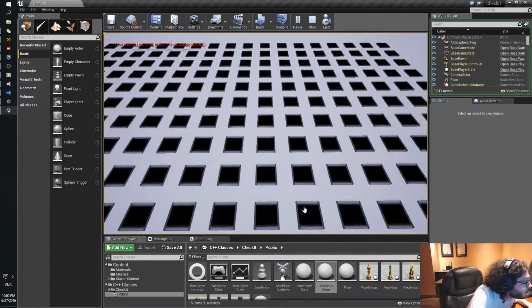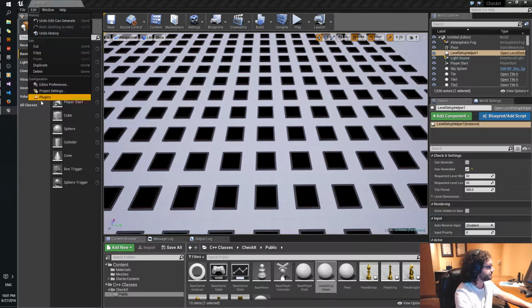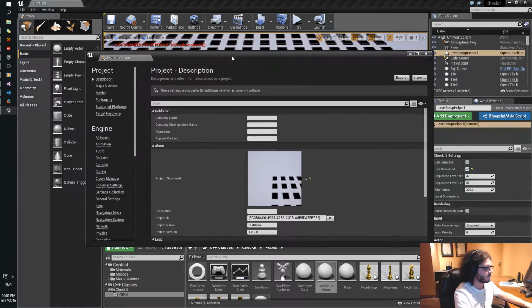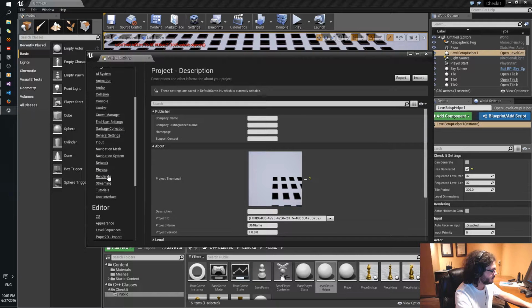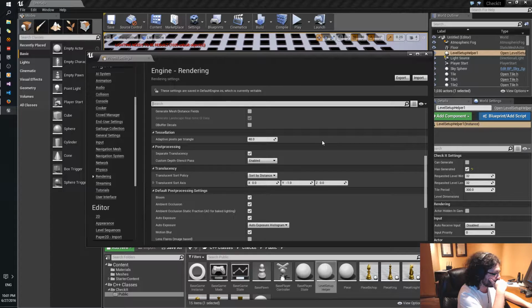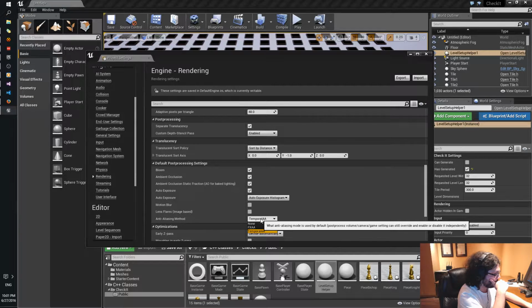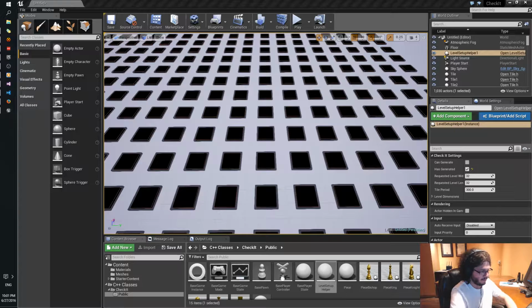And this motion blur is driving me nuts, so let's stop that for a second. Project settings, Rendering. Bloom and exposure and all that stuff is good, but we'll remove temporal AA and put FXAA and remove motion blur, which means we're going to need to commit this to our repository.